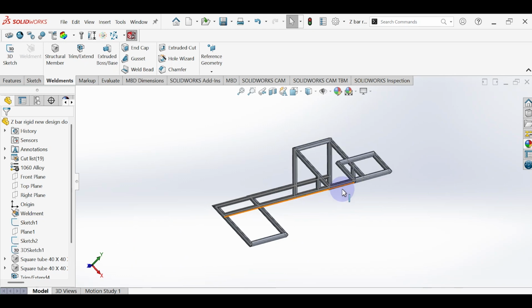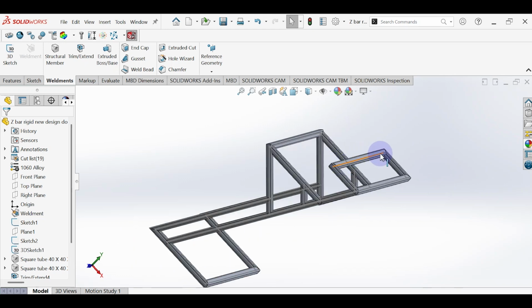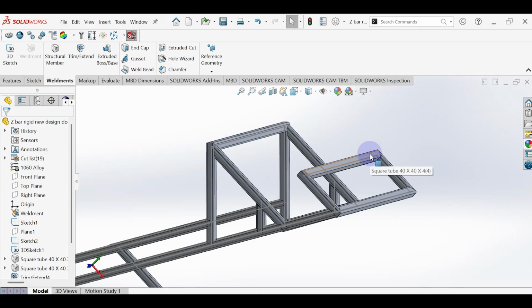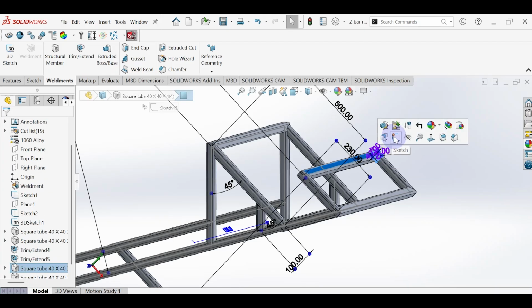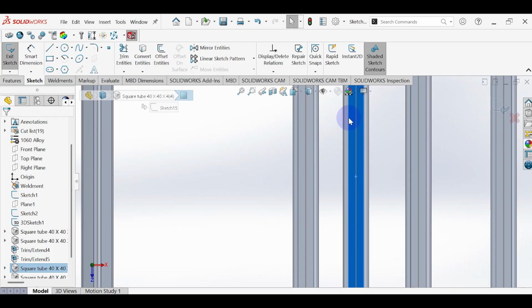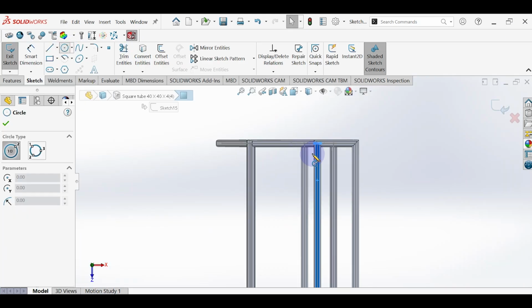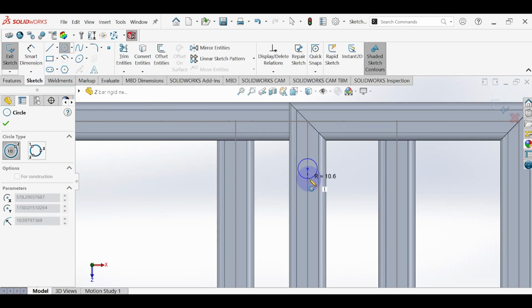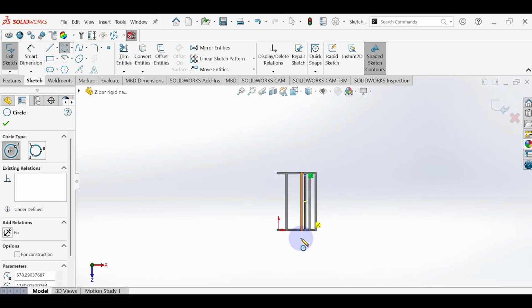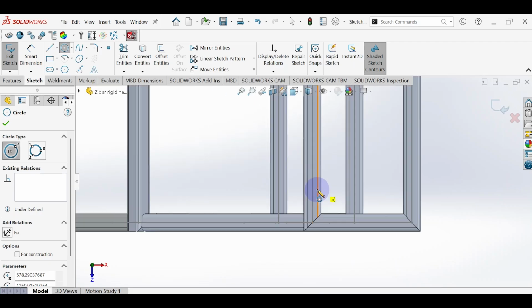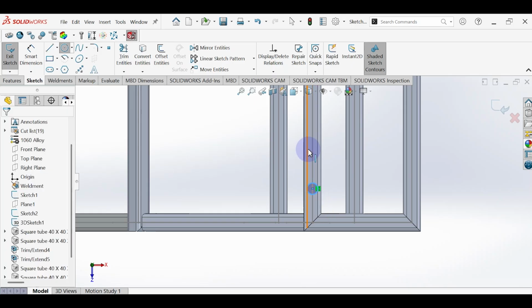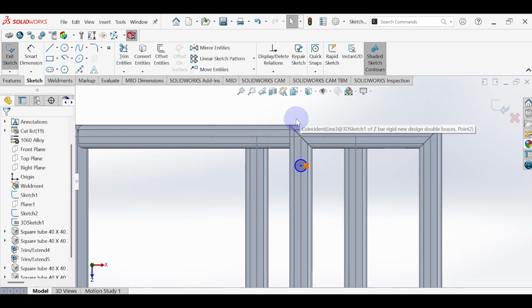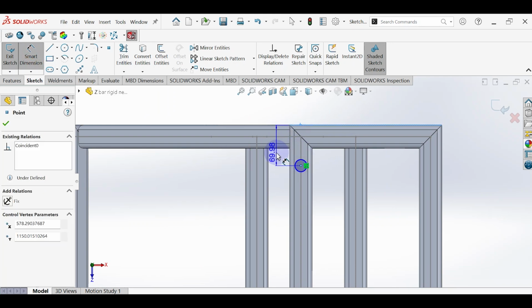Next, I create holes for the fasteners, because this Z-table will need a wooden top that will be fastened with the aid of fasteners. So I cut the holes, click on the circle command. First of all, select the surface you want to sketch on, then you activate the circle command, draw the circle and dimension, and constrain it when necessary. As always, whenever your object is fully constrained, the color changes to black. Then you go to extrude cuts,